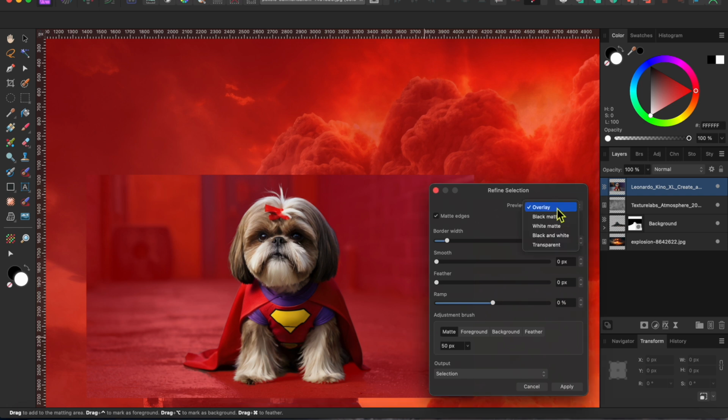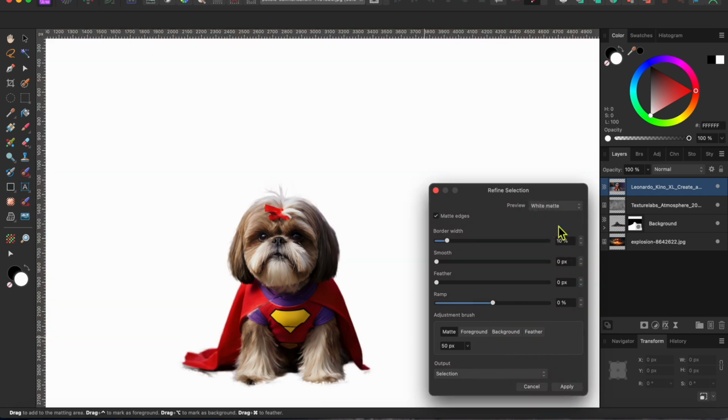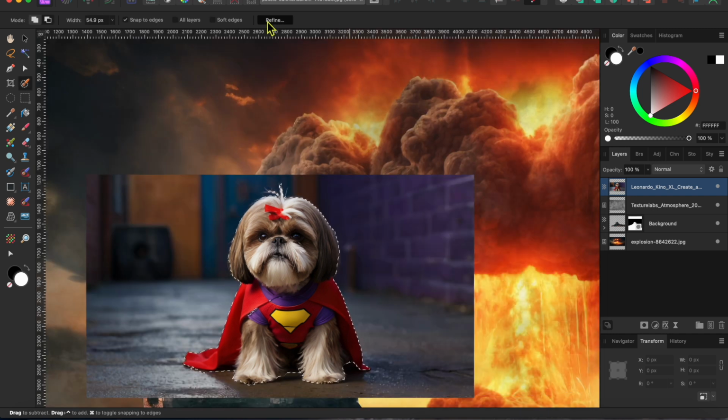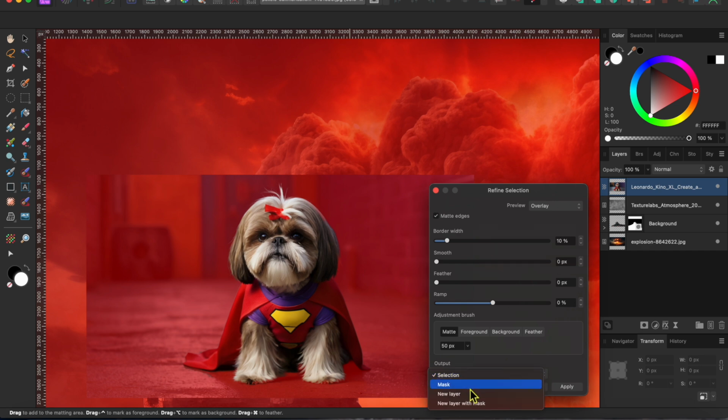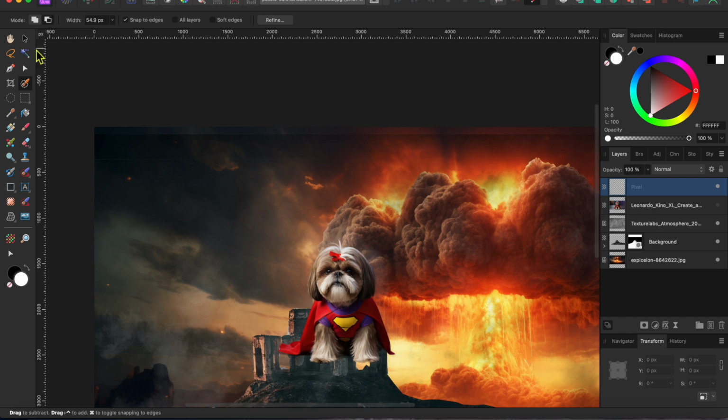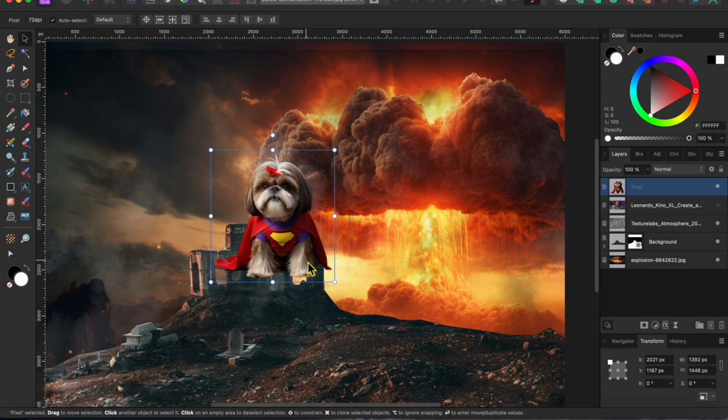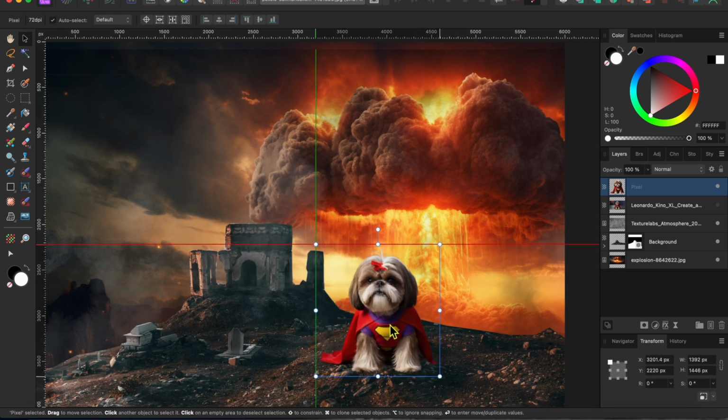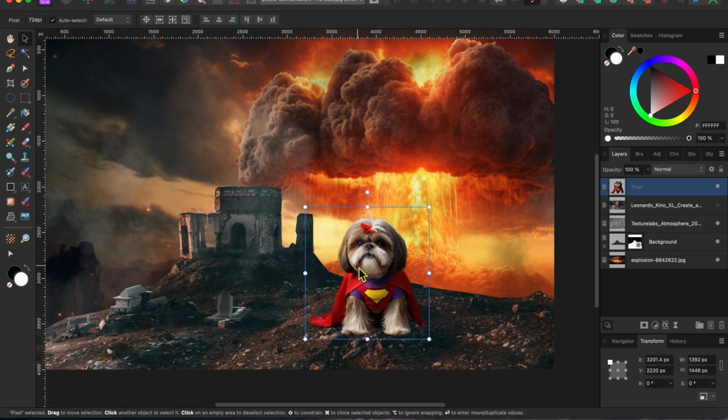Okay, there's a lot of red on this dog, so I'll change the preview mode to white to check out how it looks. I think that looks good. Oops, I need to set the output mode first. Let's go with New Layer and then click Apply. Alright, that looks pretty good. Now, I'll use the arrow-shaped move tool in the left-hand toolbar to drag this powerful pooch to a nice spot